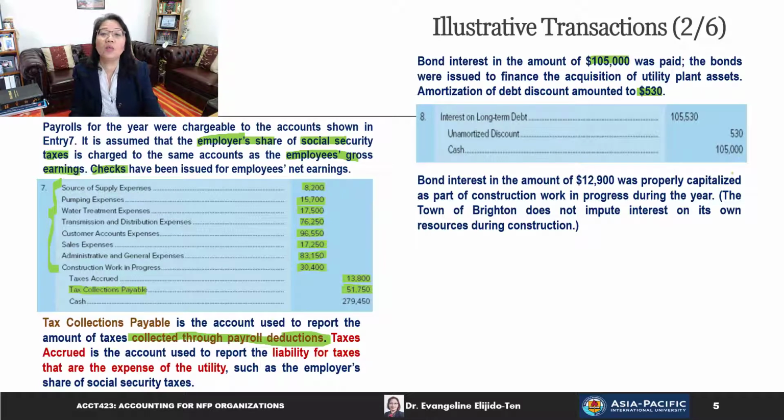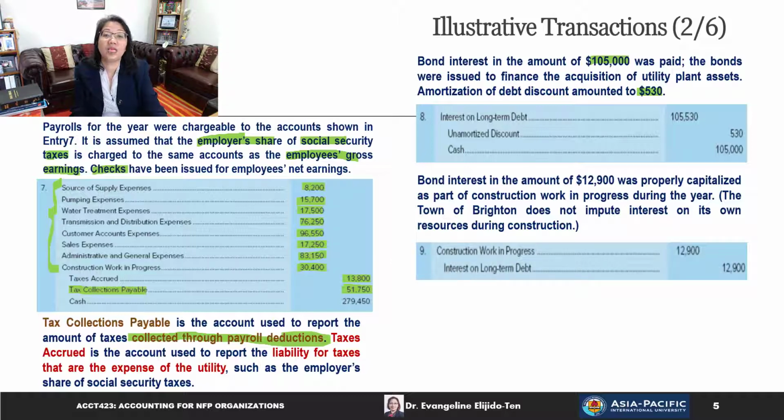So the town of Brighton, as stated here, does not impute interest on its own resources during construction. So the journal entry for this in the fund account would be to debit construction work in progress 12,900 and credit interest on long-term debt